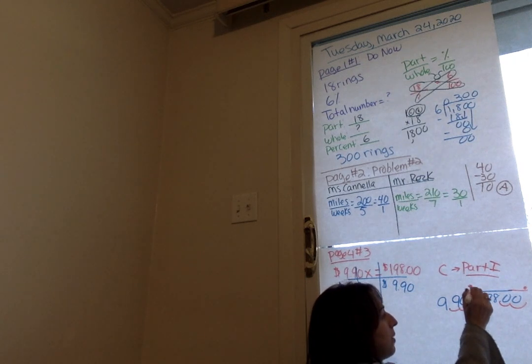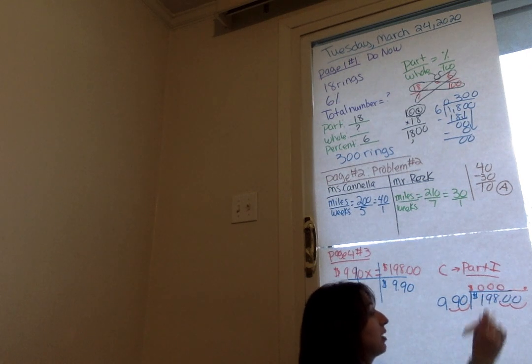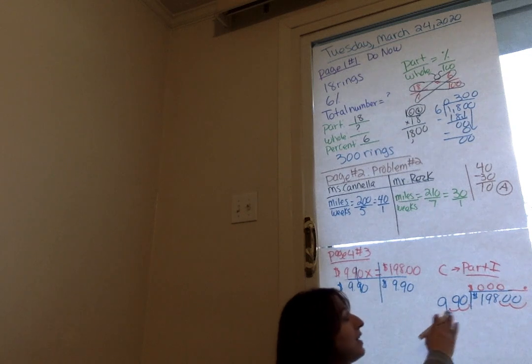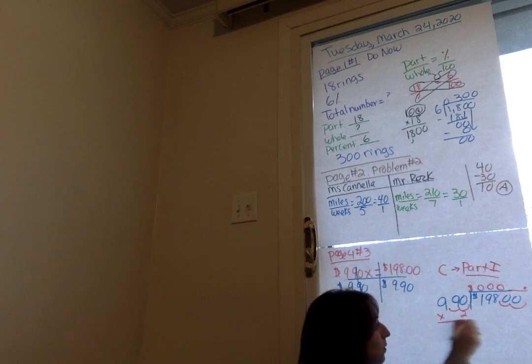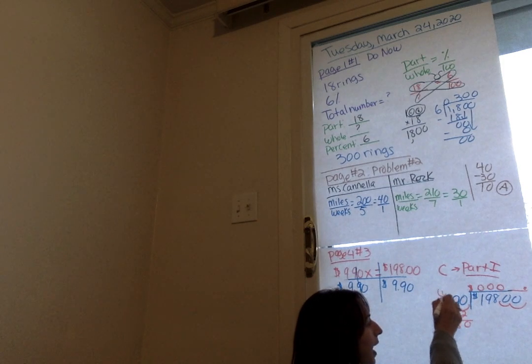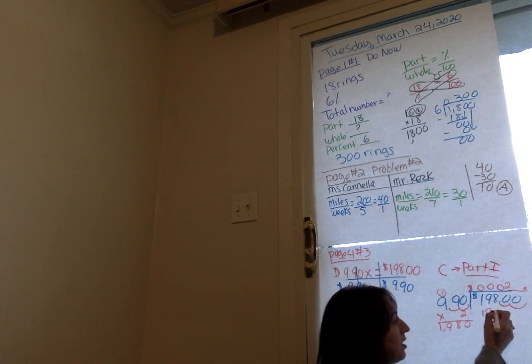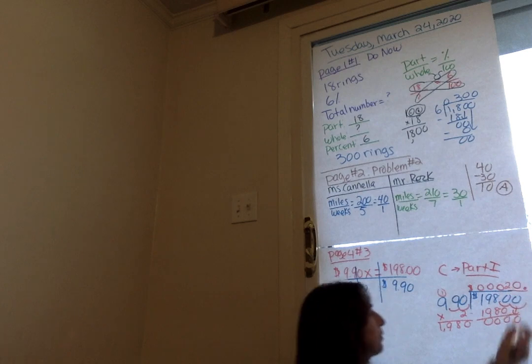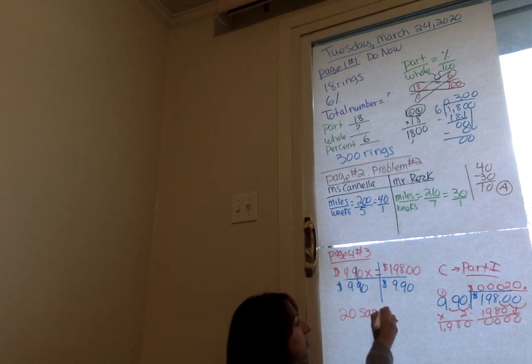990 does not go into 1. I'm going to put a 0. Does not go into 9. Does not go into 198. Put a 0. But I know that 990 times some number is equal to 1,980. So I'm going to try 990 times 2. This is 0, 8, and I get 1,980. So I'm going to put up a 2, and I'm going to subtract 1,980. This gives me 0, 0, 0. Bring down the 0. This goes 0 times. So I know that I can buy 20 sandwiches,